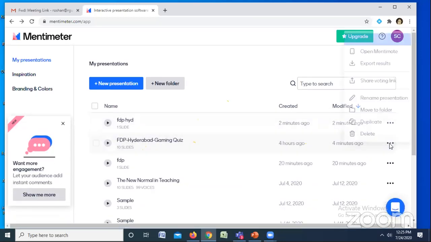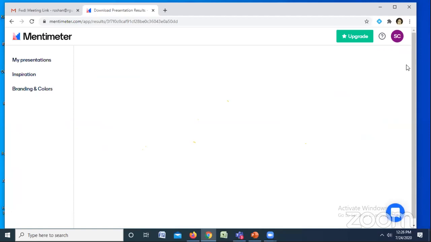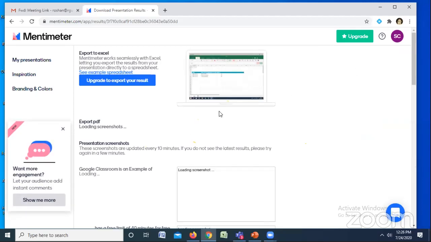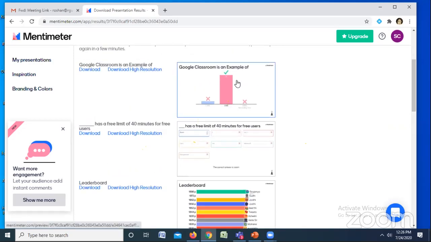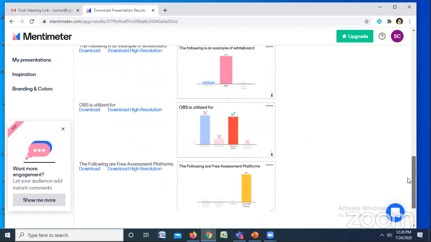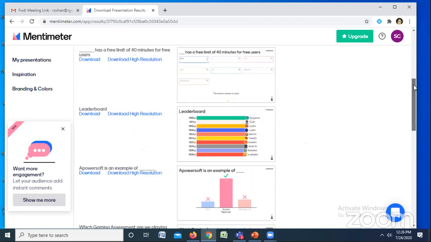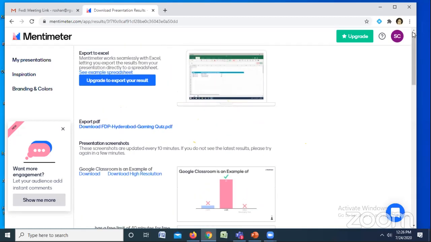I should click that and then say export results. You should be able to see the results of all the questions here. You can download it also. I'll just show you the results and then we will stop. You can see what the question is, how many have answered it correctly and all of that. The leaderboard also you can download. Every slide that you have seen when you're playing is downloadable. And all these results you can get to your email also in the free version only, okay?